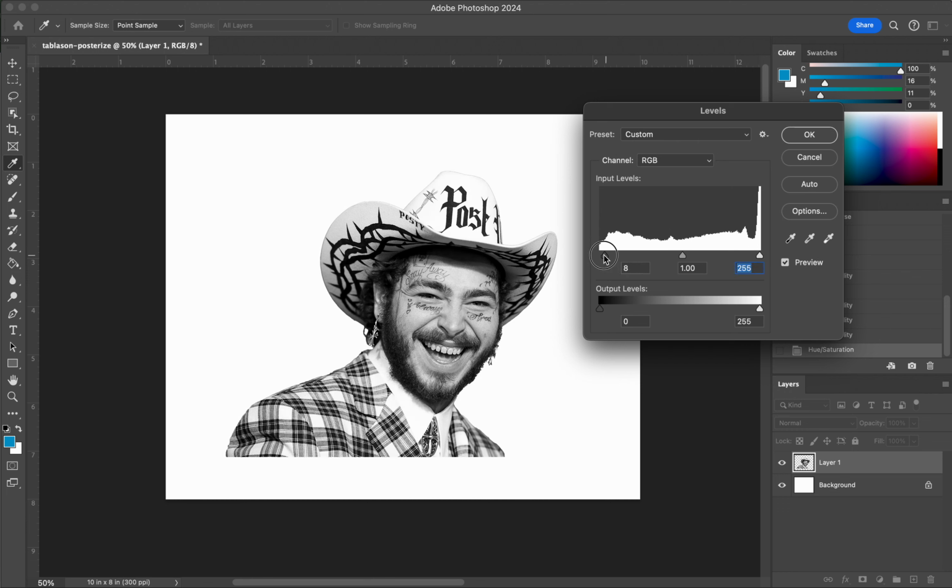So what works for my image in terms of the numbers here doesn't necessarily work for your image because we're using a different resource. So what I'm doing is I'm just taking this, because right now it's pretty bright and light, and I'm just going to push this side towards the center, and I push this. This is the white areas or the white points. Push this in the middle, and be careful as you're doing this